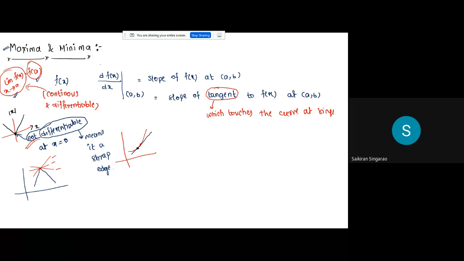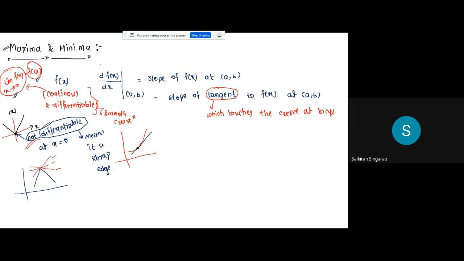Are you understanding this? If a function is continuous and differentiable, they will also call it a smooth curve. In some textbooks you might have studied, given a smooth curve. What's the meaning of smooth curve? Smooth curve means it does not have any sharp points. If it does not have any sharp point, it is differentiable. If it's differentiable, it is continuous. I did not put an entire discussion on this, so I'm going quickly. Not differentiable means sharp points. If you have a sharp point, at that sharp point it will not be differentiable.